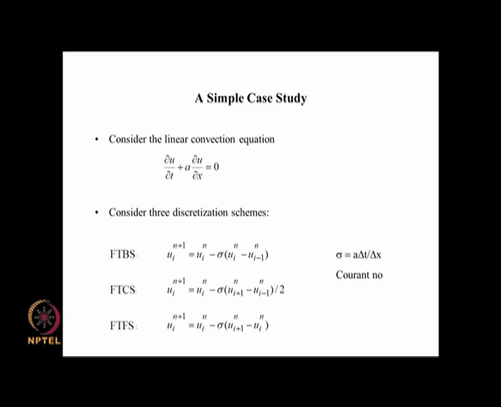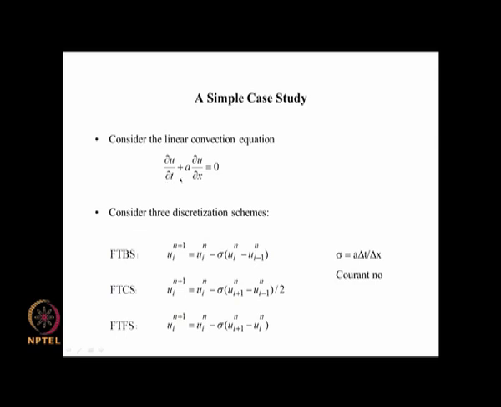Okay. So we are considering 3 discretizations which will enable us to make a solution. These discretizations are somewhat similar, but they are also different, and we would like to see whether all 3 will give us the same solution. Okay. So the first discretization is what we call forward in time and backward in space, the FTBS scheme.